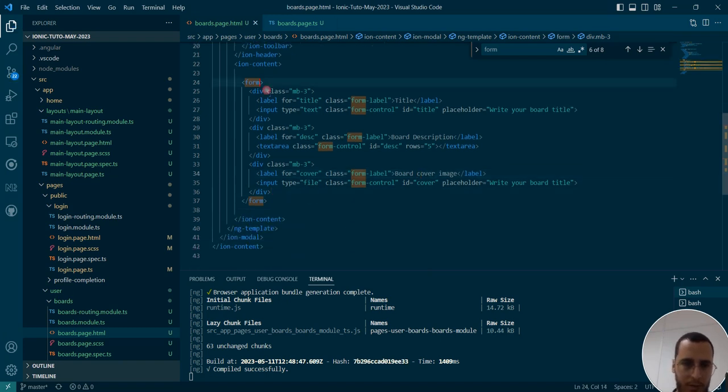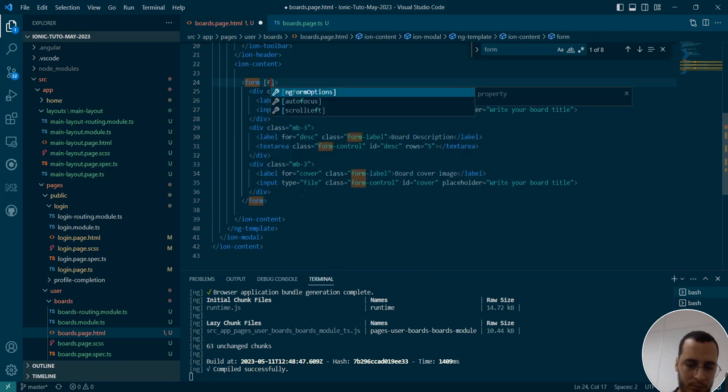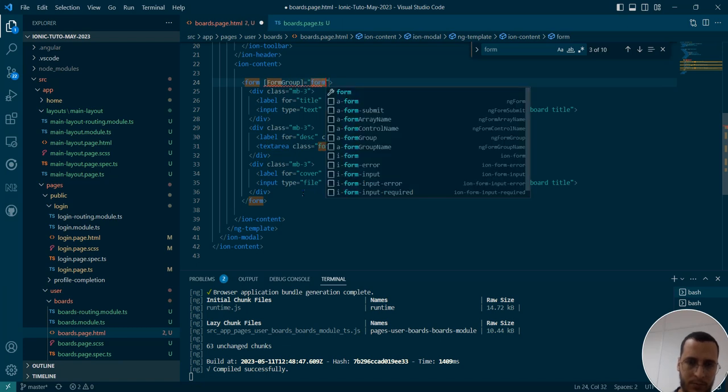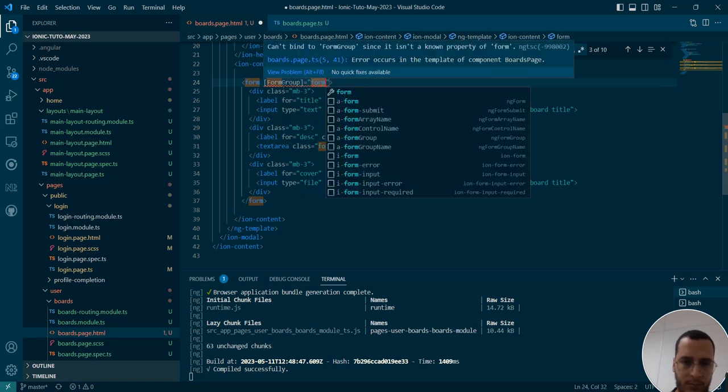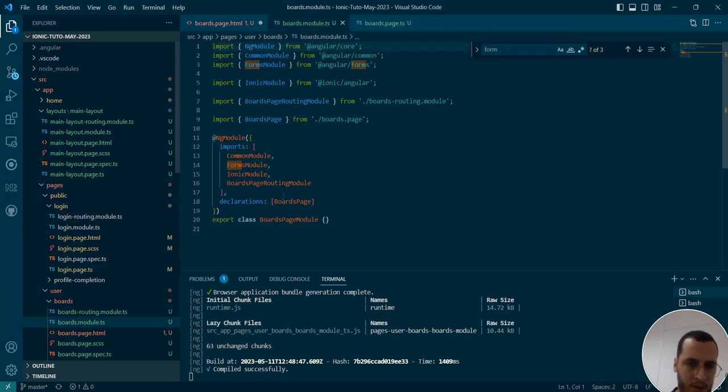Okay, so here in the form, because we use reactive forms, so form group,